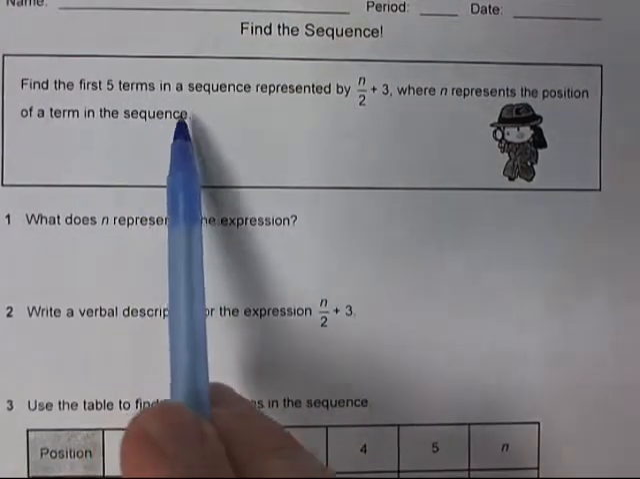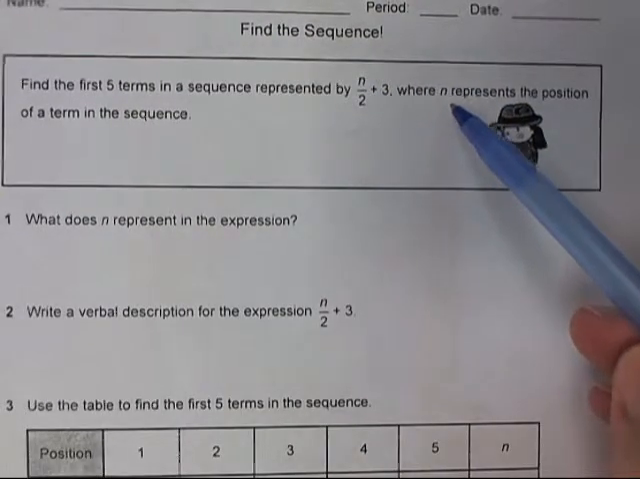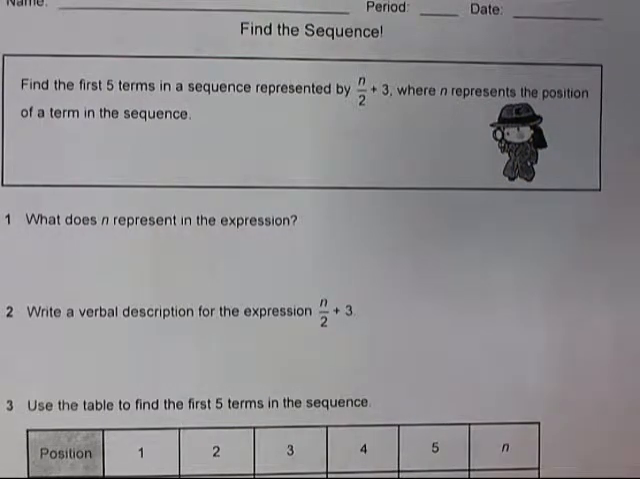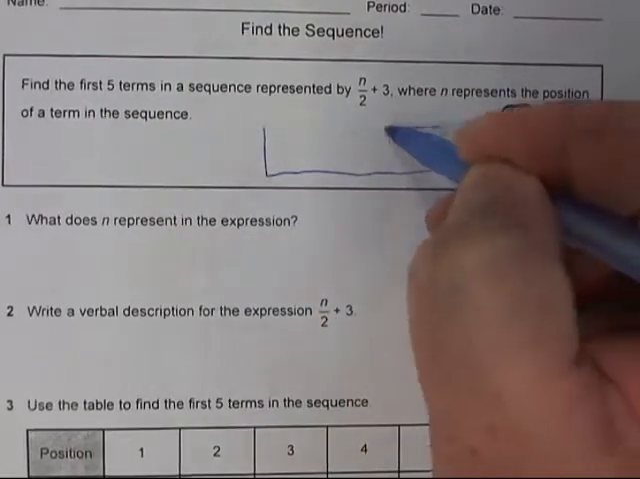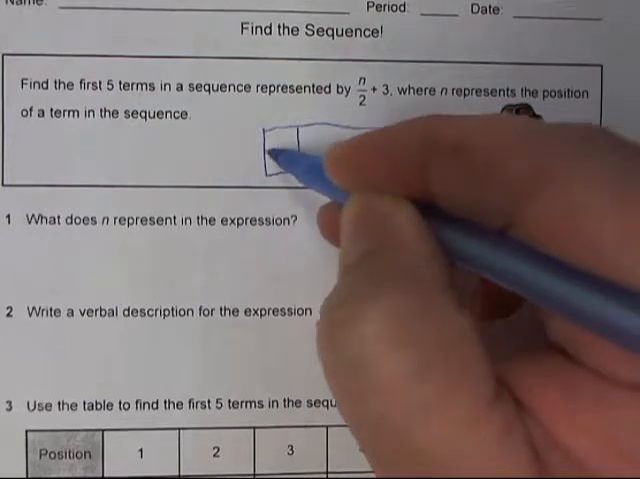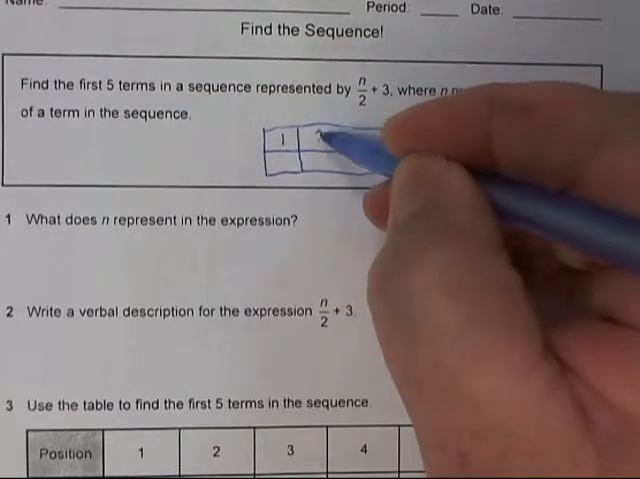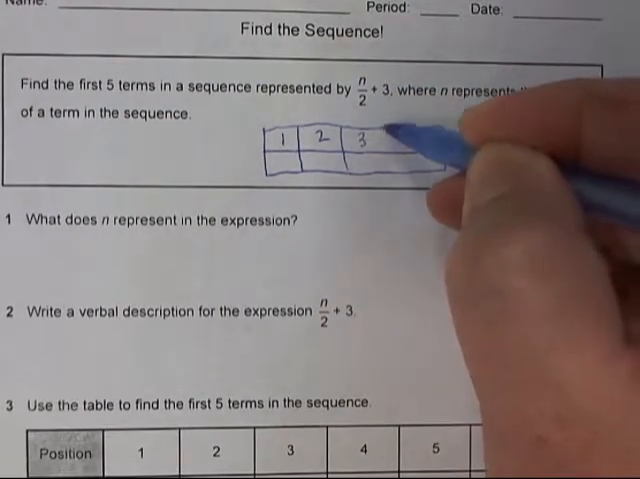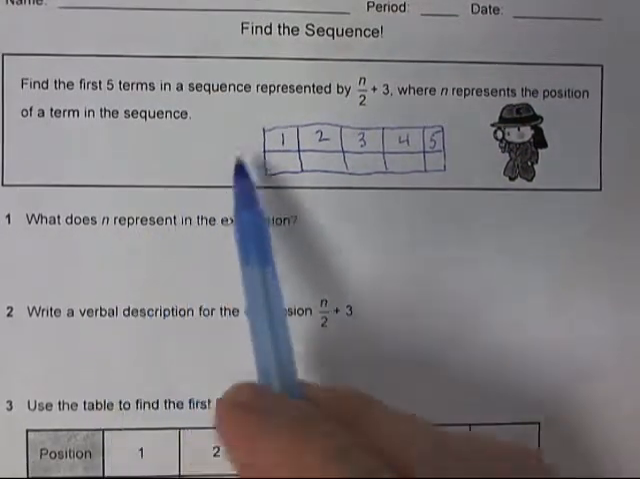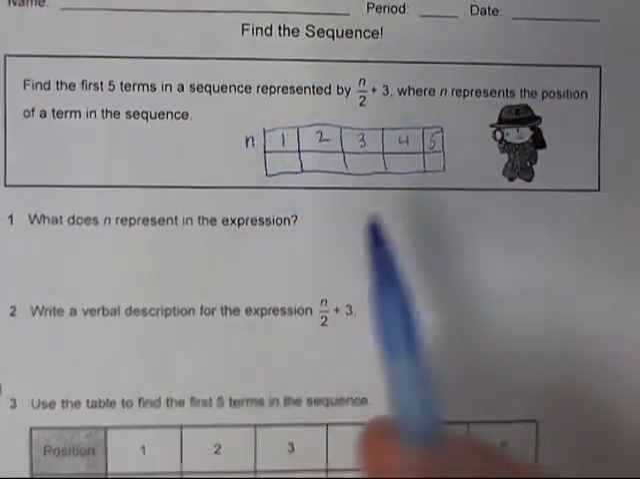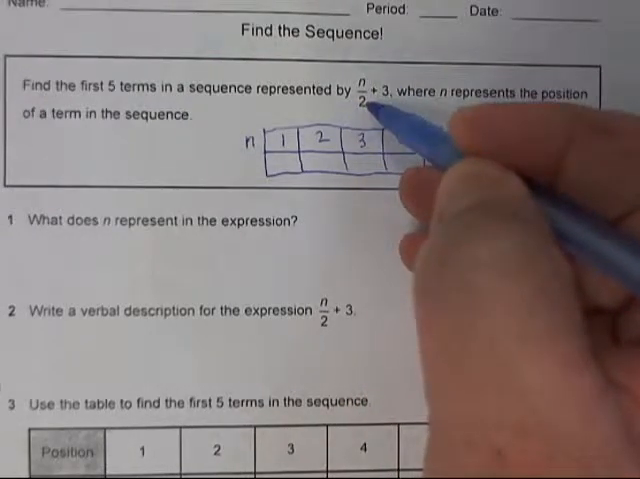Find the first 5 terms in a sequence represented by n divided by 2 plus 3, where n represents the position of a term in the sequence. So let's create a table. We're looking for the first 5 terms, so position 1, position 2, position 3, 4, and 5. And we know to find position 1, we substitute it into the rule, so we have 1 divided by 2